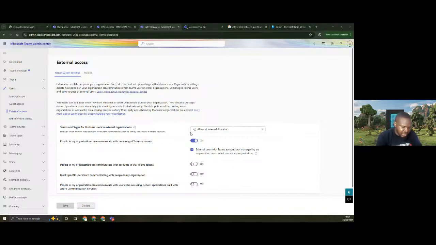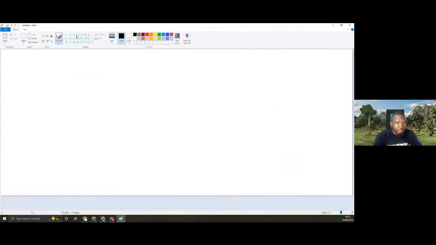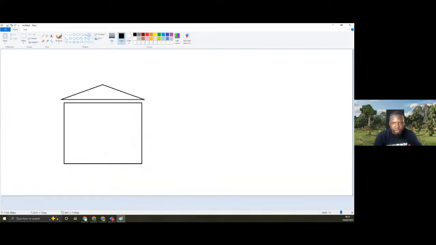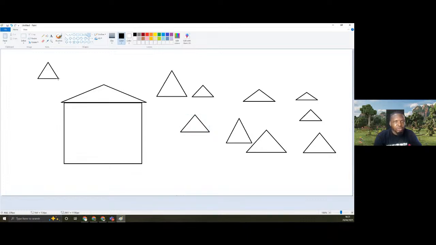But before I move on, there's something that looks a bit confusing to people that I would like to address before we carry on, regarding what is called federation. So the point I'm trying to explain is federation. This is your organization. I like using that rectangle on top of it this way. And then there are countless organizations out there that you cannot even number, like they are all around you, because you are not the only organization around that environment.